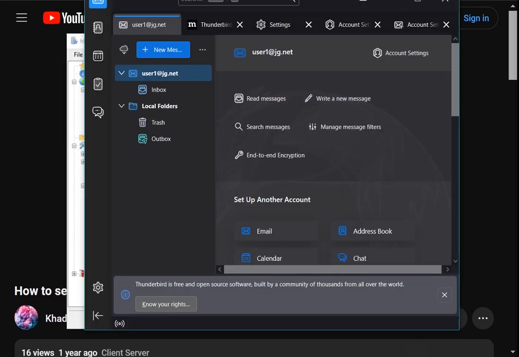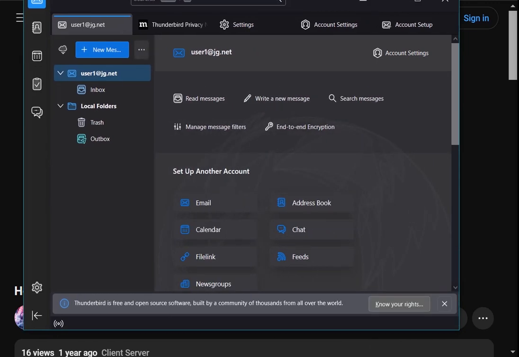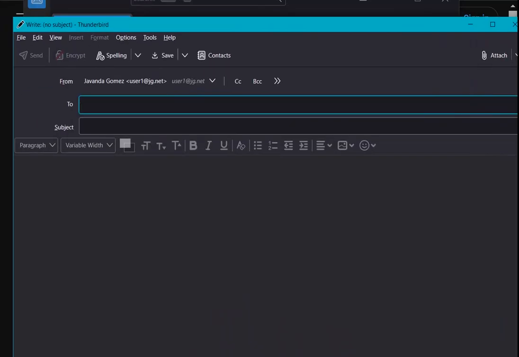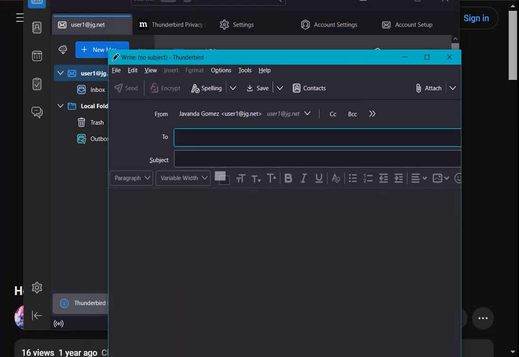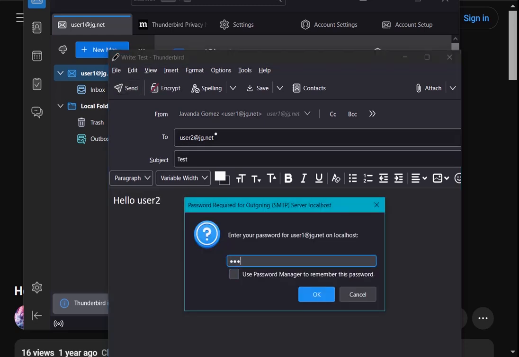Now let's go back into Thunderbird. We will now send an email from user 1 to user 2. So we're going to click on new message, and then we're sending it to user 2. So we will type in to user 2 at jg.net, and for the subject we just put test, and then we will write in the email hello user 2, and then we will click on send, and then we will be prompted to enter our password,